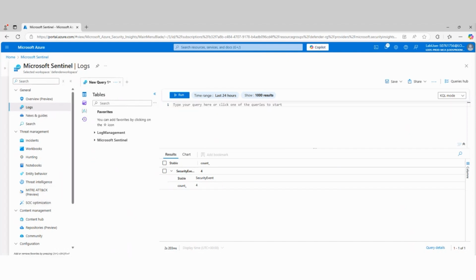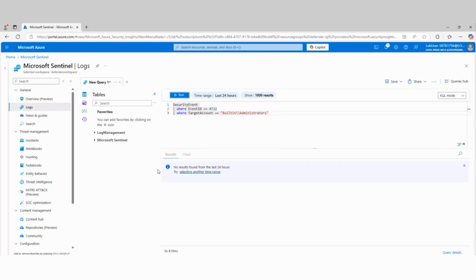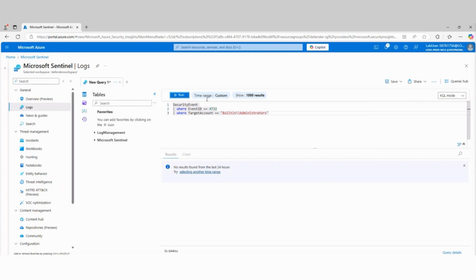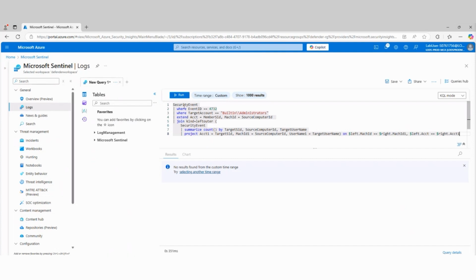So let's go ahead and run another query. For our second query, we're going to look for event ID 4732, and we're looking for built-in administrators. So let's go ahead and launch that. This one may still be relatively new, so there may be nothing for it here. I can also always change my time frame for when I'm running the query to a further out time to see if it'll generate anything, but it's still relatively new. But this will look for event ID 4732, dealing with basically the local administrator account. It'll search for that. The final query that we can run is this one here.